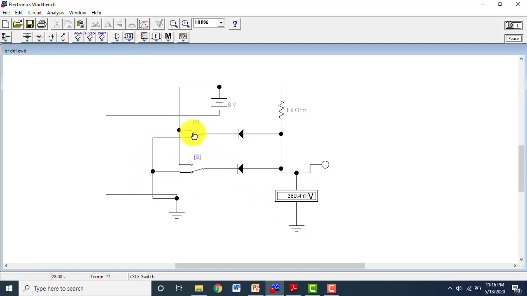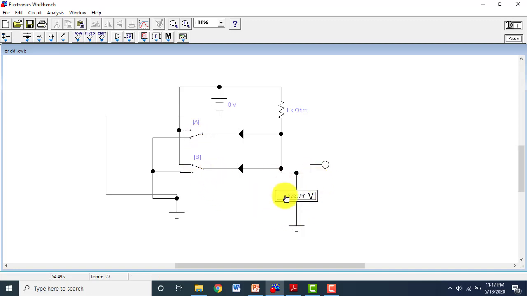As I press the A button to make it logic high, the output remains at logic 0, because the current will flow through this path because of the lower potential. So as I apply logic 0 1, you can see A is at logic 0, B is at logic 1.